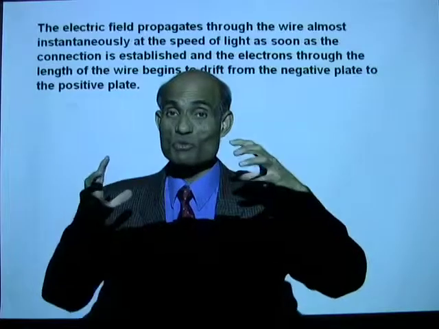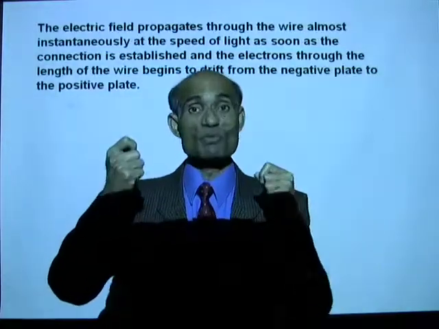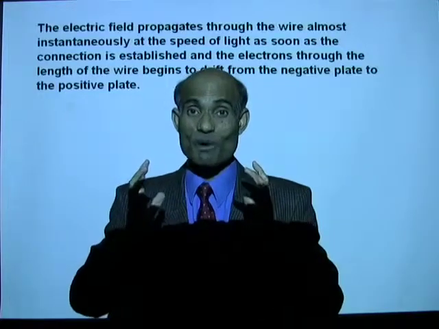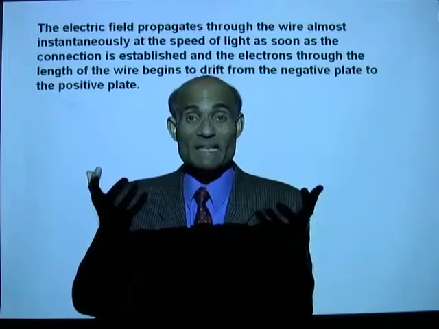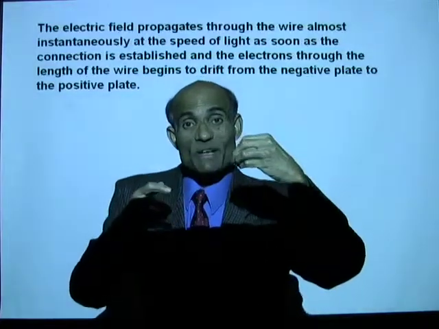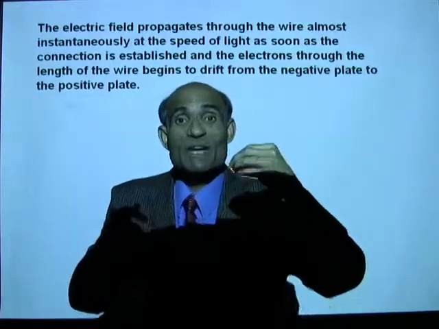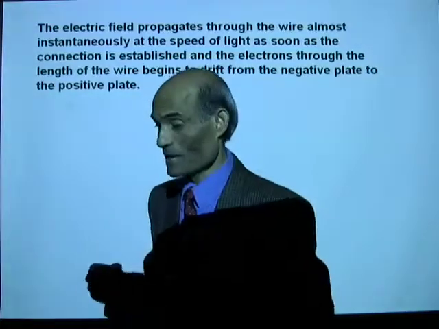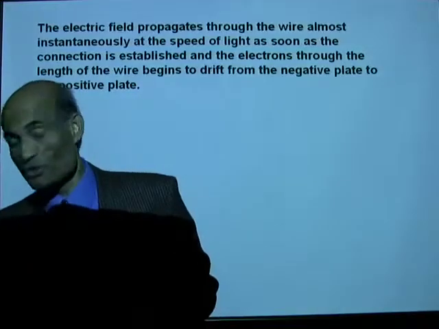Now, don't confuse the speed of electrons with the speed of the electric field. The electric field is propagated with the speed of light. It's almost instantaneous. And the electrons will then experience the force and will then drift in the opposite direction of the electric field. Now, the electrons do not really